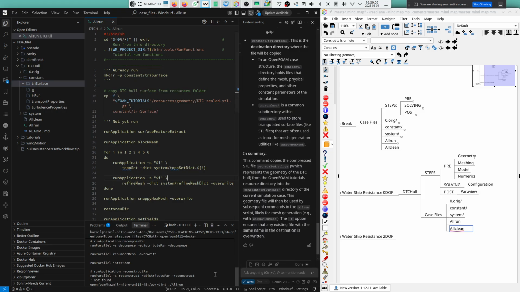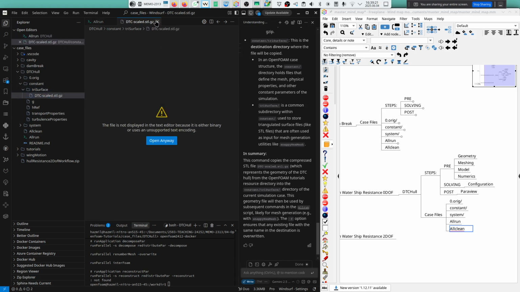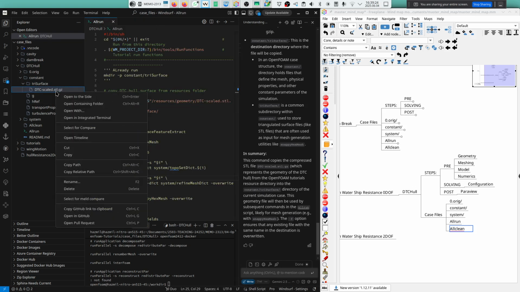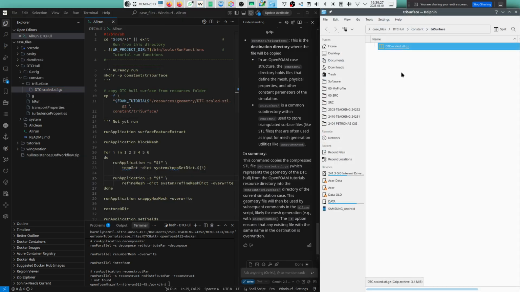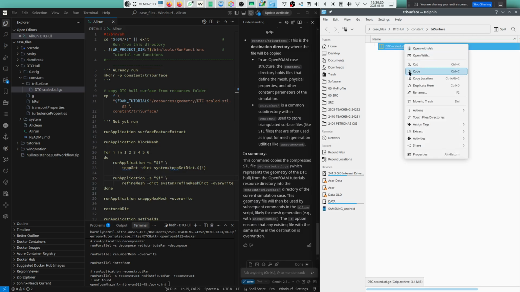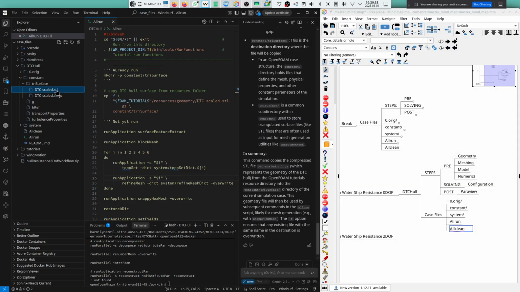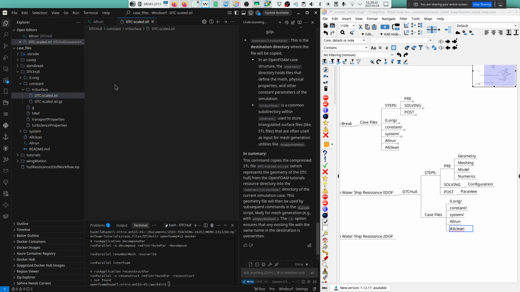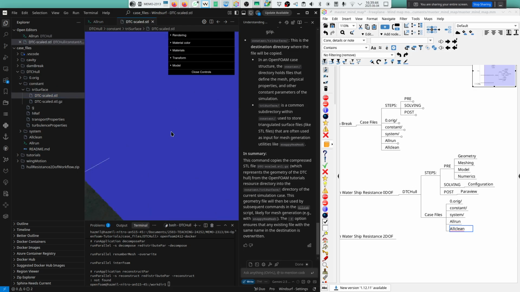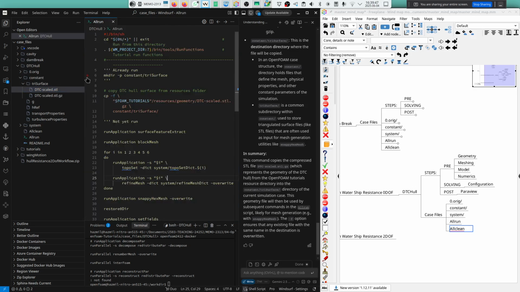Now I run the script again. Now you can see that we already have this file. Now I cannot display it. I need to extract it first. If I want to display this, I need to extract. I have this file, and I can open it using some extension inside VS Code. Or you can use ParaView. Here I can run ParaView,